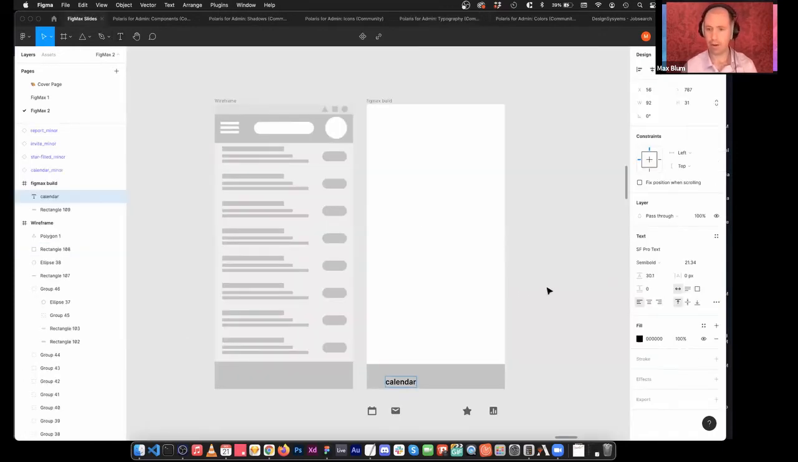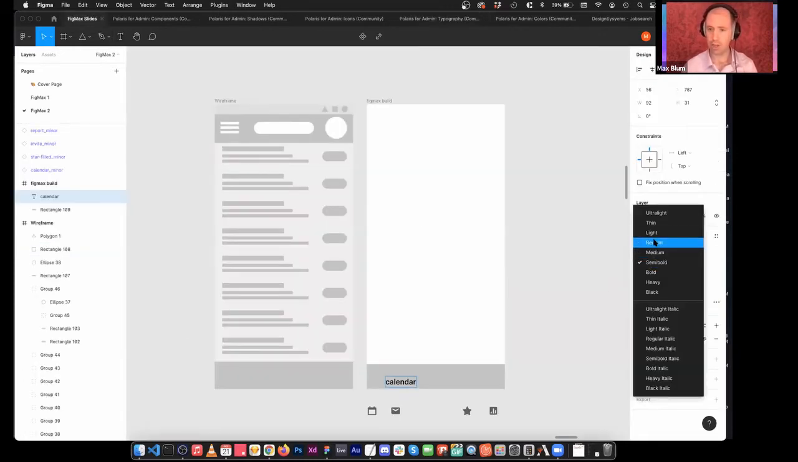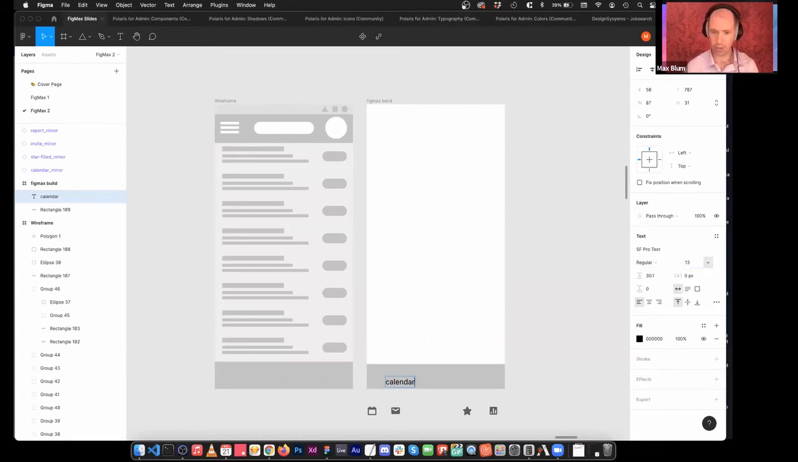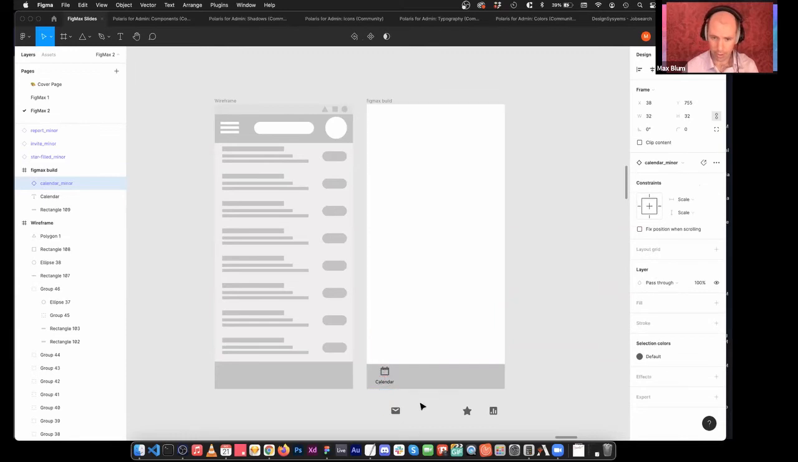So I'm going to go right back over here, SF Pro Text, change that to regular, change this to 13 pixels. Oh, I didn't select any of that. Select all this, regular, 13 pixels. There, now we have a nice little title. I'm going to capitalize that. And then I'm going to bring my calendar right here, center those two up. And let's bring these